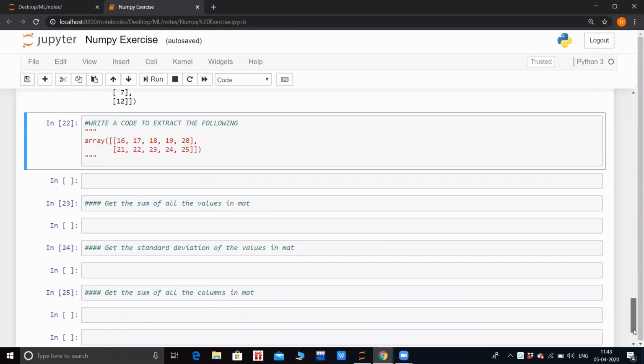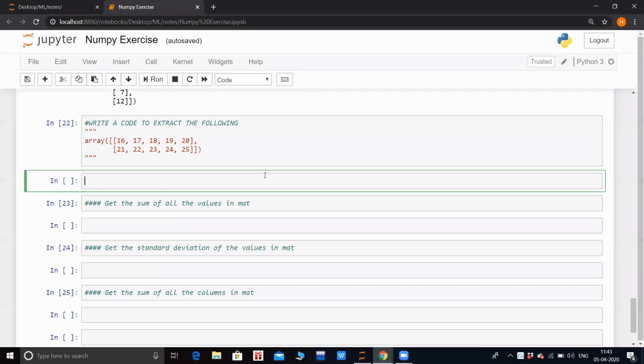Again, extract 16, 17, 18, 19, 20, 21, 22, 23, 24, 25. This is very, very easy. You just need to denote the rows and you don't need to do anything for columns. I gave you a hint. Just grab the arguments for rows.